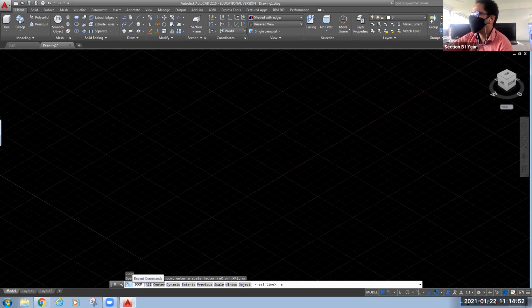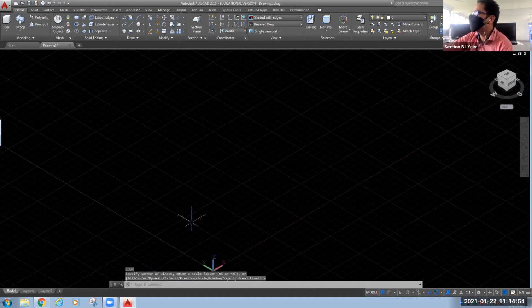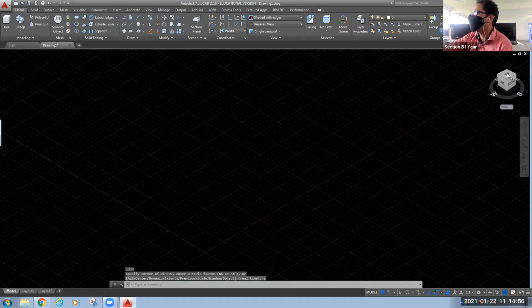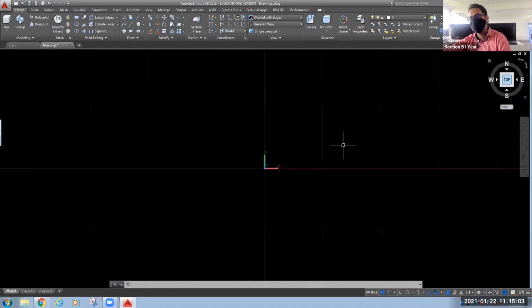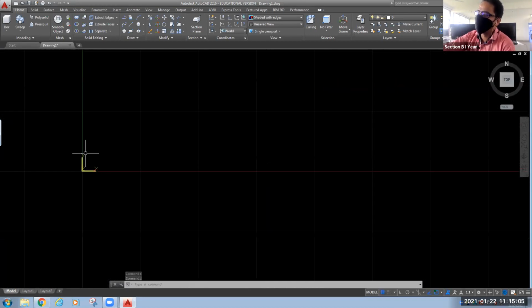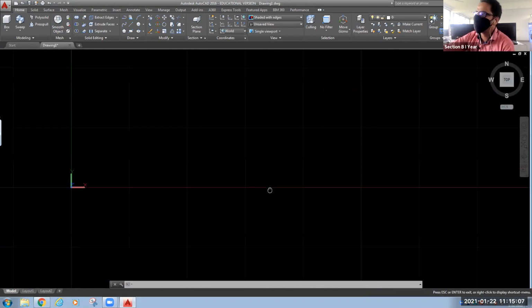Now on top view, meaning the XY plane, as you can see the coordinates visible are XY, we are drawing on the XY plane. I will draw one rectangle.